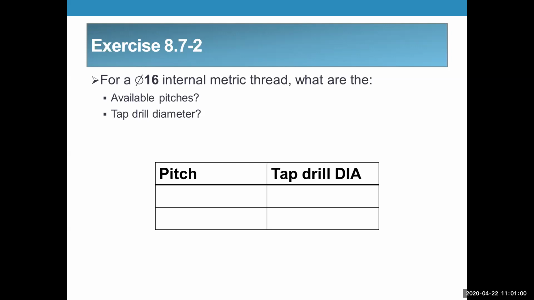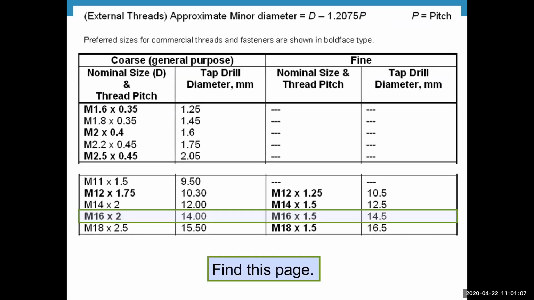So now, in order to find that information, you have to go to the table again. Right. So when you look at the tables, this should be Appendix B. Yes, it's on page 8, B3 in the book. Yeah, I'm looking at B3 right now. So if you look at B3 in the book and you find an M16, and you look across M16,